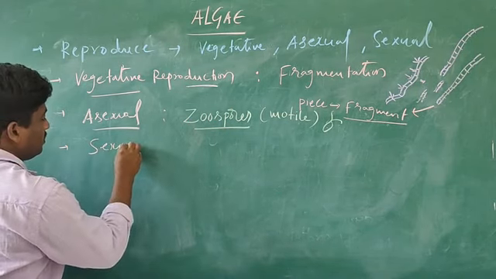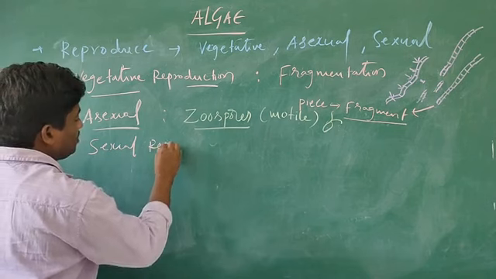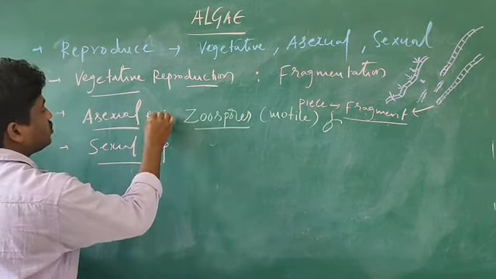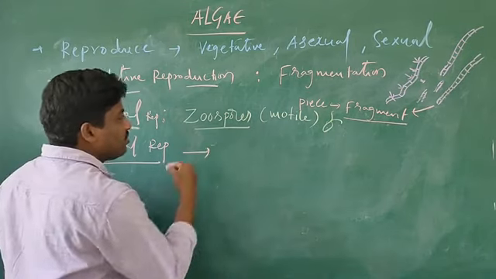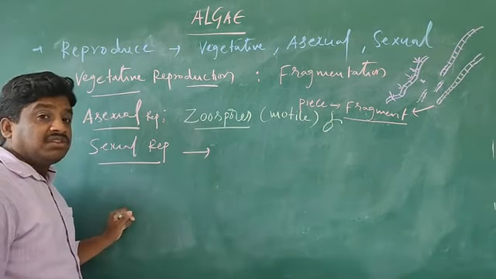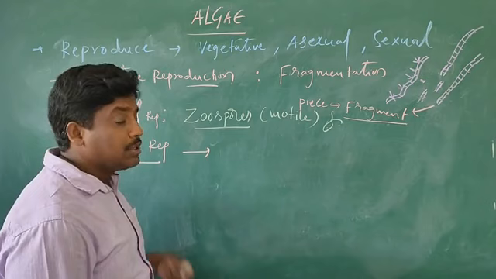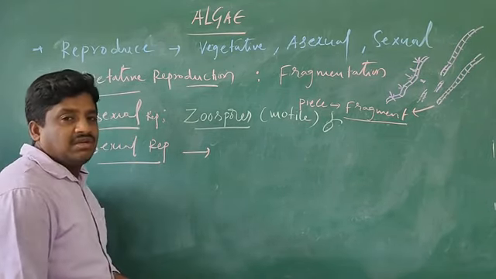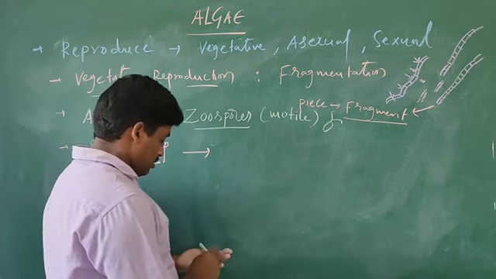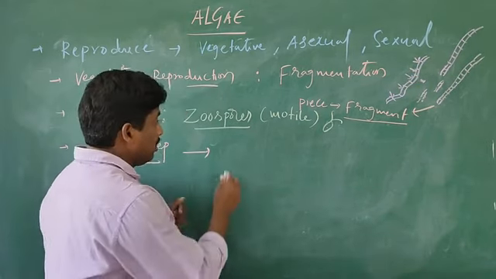Third one, sexual reproduction. Here you can see three types are present. It may be the algae, the sexual reproduction, it may occur